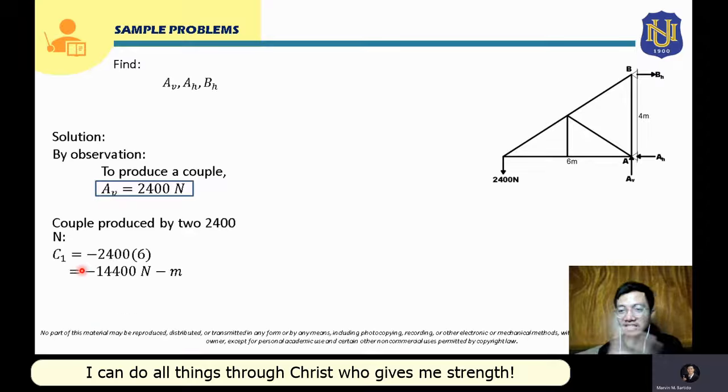So the second couple should also be equal in magnitude to the first couple, but opposite in direction. To solve that, we are going to use the value we solved for C1 in solving for the second couple that is produced. As mentioned in the problem, those two couples will have equal magnitude, right? So we can say that